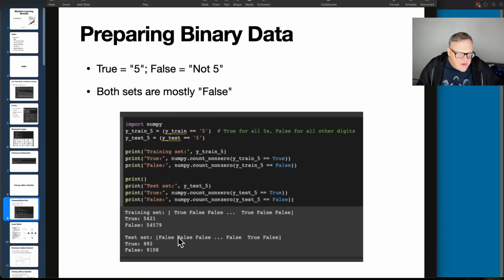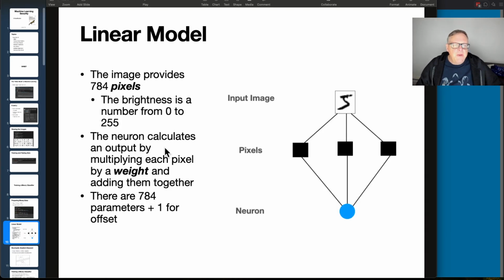And so if you do that, you can see that in the training set, there's only 5,000 5s and 50,000 not 5s, and in the test set there's about 892 5s and 9,108 not 5s. Of course, it's not going to be a 50-50 split. Clearly 90% of it is going to be in the not 5 category. But anyway, those are the labels to make it correct, and what we're going to do is this amazingly stupid